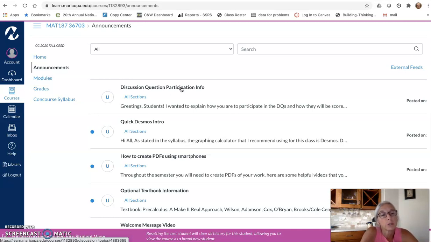Once you have posted your initial response, then you'll be able to see what people in your group have already responded with, and you'll read each other's responses, and you will be required to reply to at least 2 of your group mates' responses. And this particular announcement discusses what constitutes a substantive response, what you should do and what you shouldn't do. What I'm really looking for here is good discussion back and forth between the members of your group on these prompts.